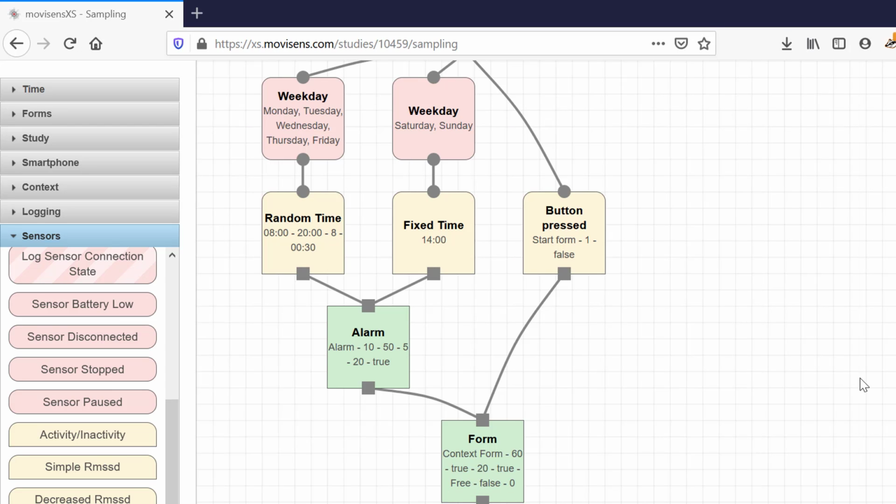Just on the note of the sensor manager, it's always good to visit our site occasionally and make sure that you have the very latest version of the sensor manager, because it will include firmware upgrades for the sensors so that we can make sure the sensors are operating at optimum levels, and especially when it comes to Bluetooth connectivity.